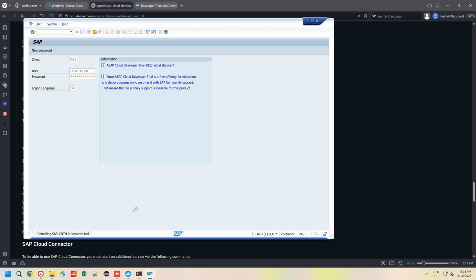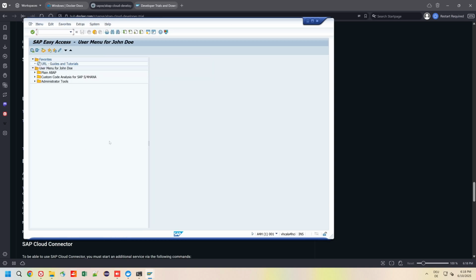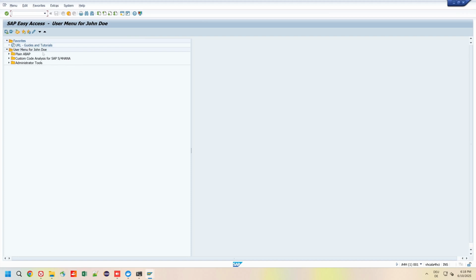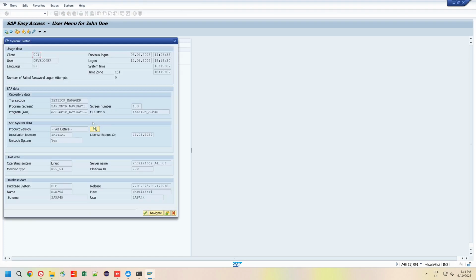In the first login, we have some compiling. I have sped this up a little bit. And now let's check some installed packages. So I click on this button here.